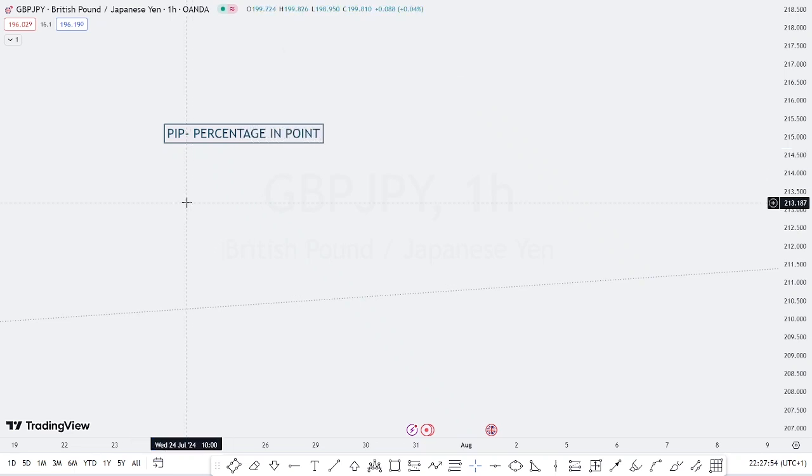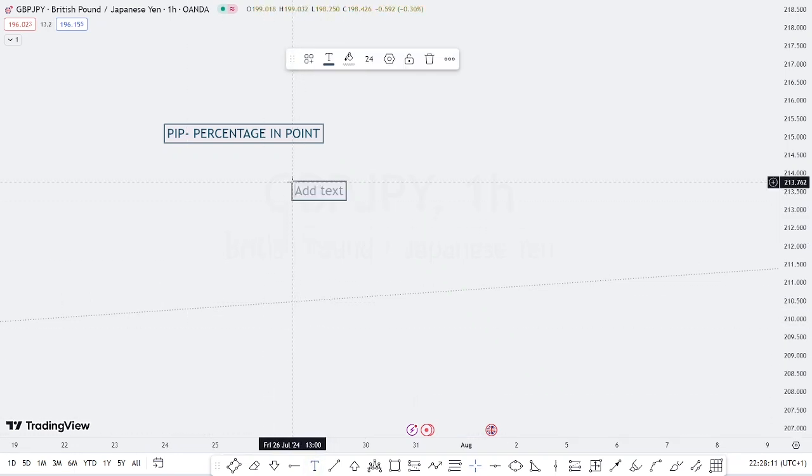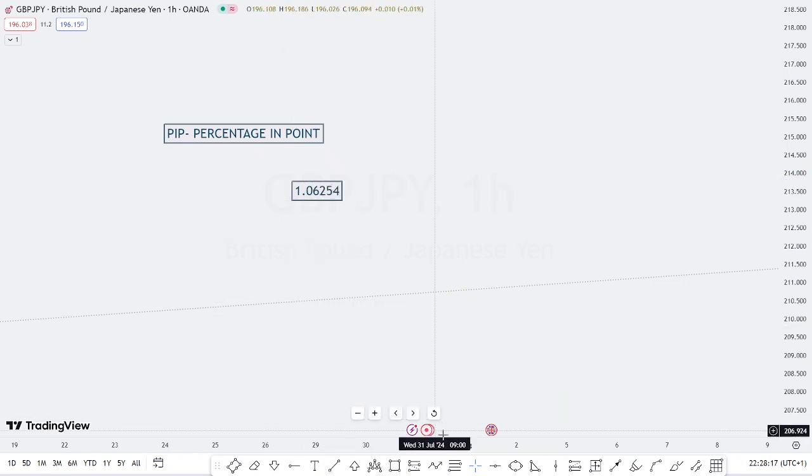So this is pip, percentage in points. That is the meaning. And I told you that in a currency pair, the pip is the fourth digit on that number that normally appears. The fourth digit is the pip. For example, you have something like this now. Having this, our pip